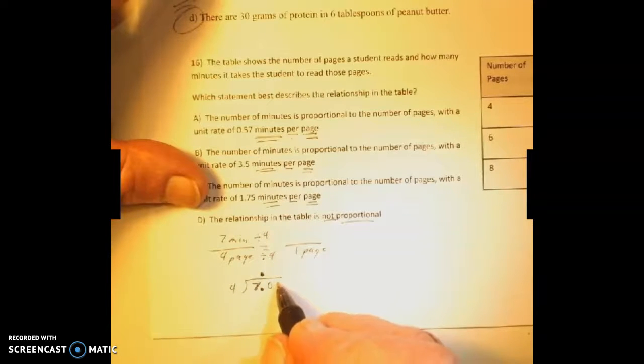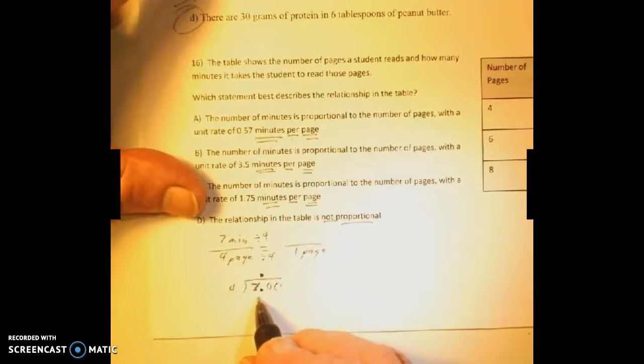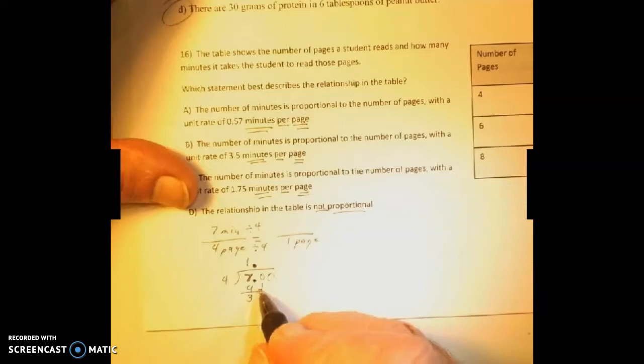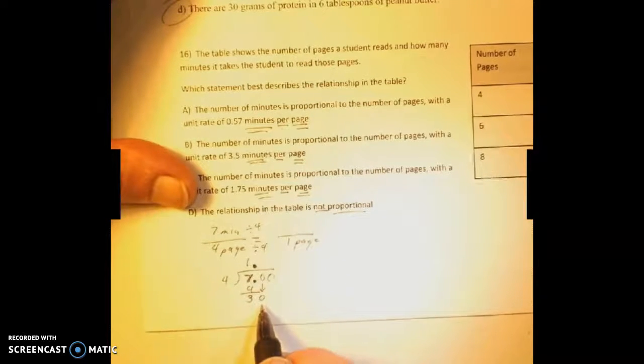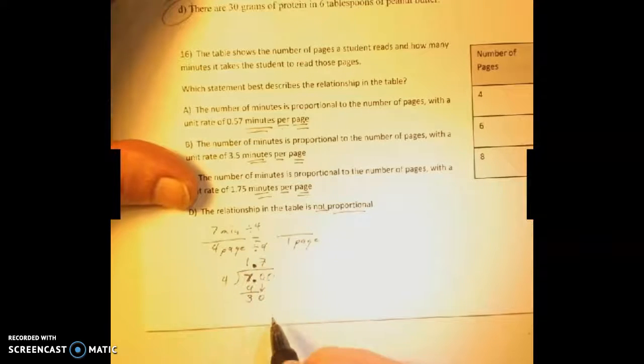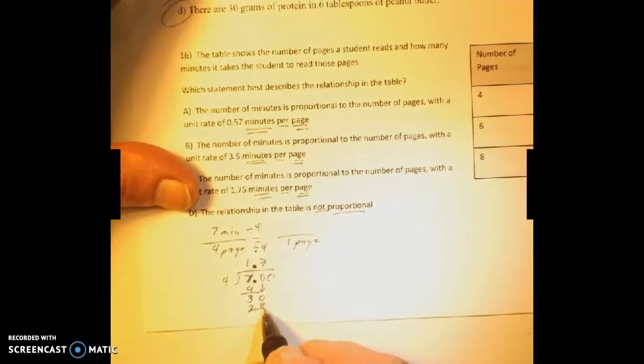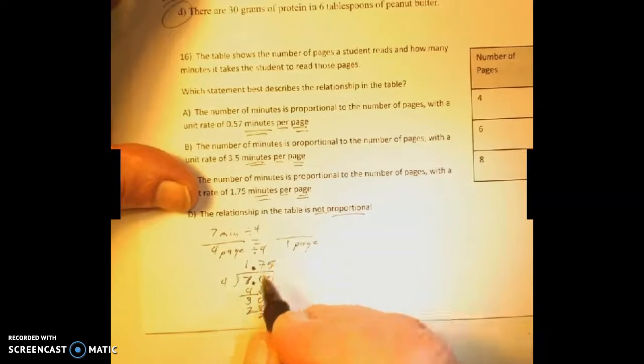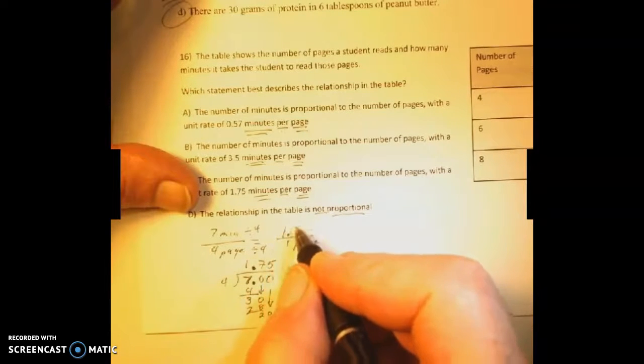You can tack on a couple of zeros. 4 would go into 7 once. Subtract, you get 3. Bring down your 0. 4 goes into 30 7 times, as close as we can get. 7 times 4 is 28. Subtract, you get 2. Bring down your next 0. 4 goes into 20 exactly 5 times. So this is 1.75